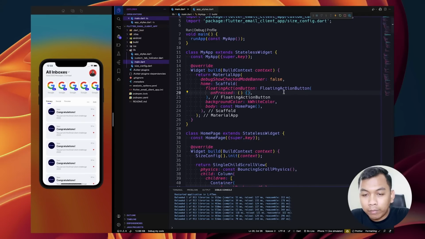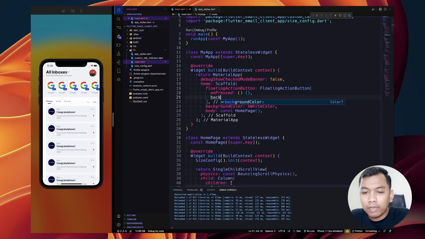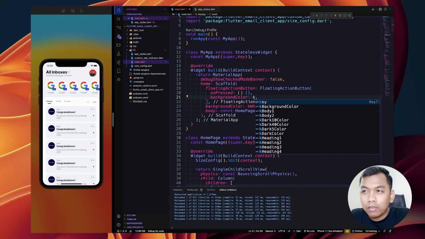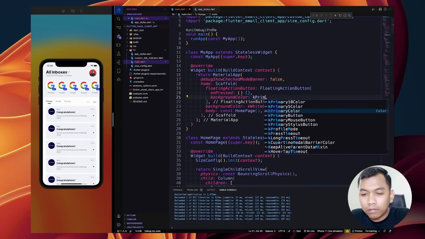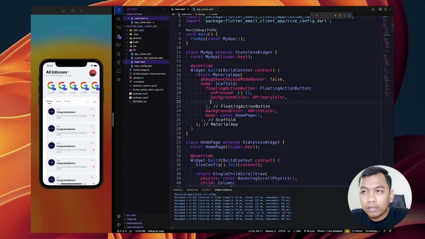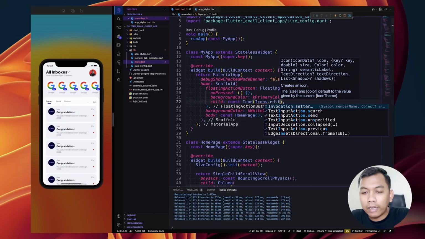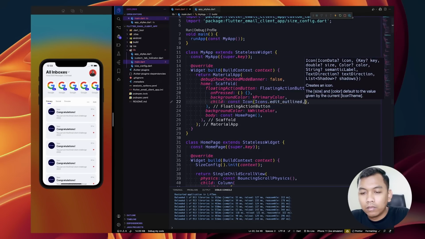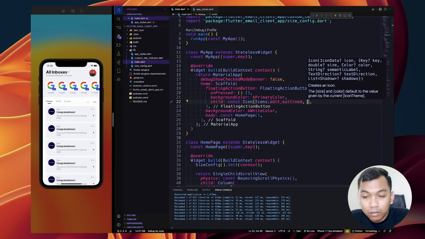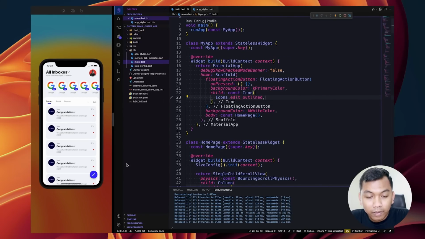And for now, make it blank, and the background color will be K primary color, and the child will be an Icon, and we call Icons.edit_outlined. And we will see the floating action button.